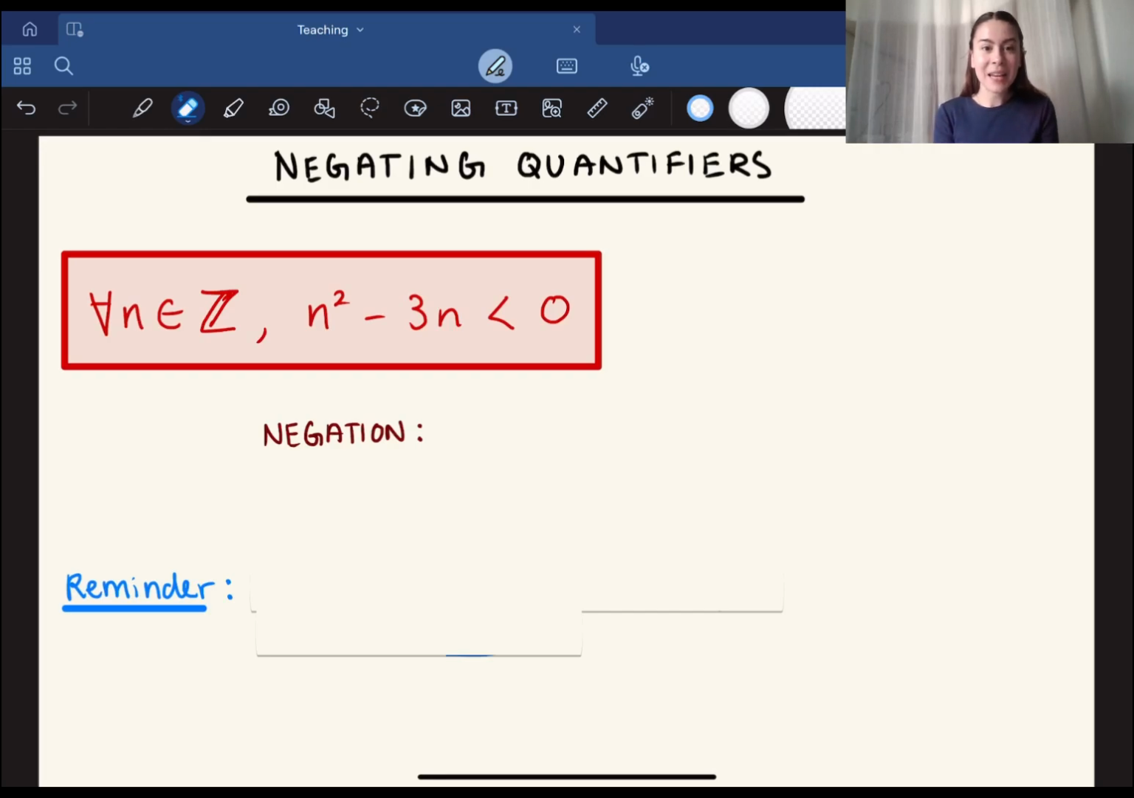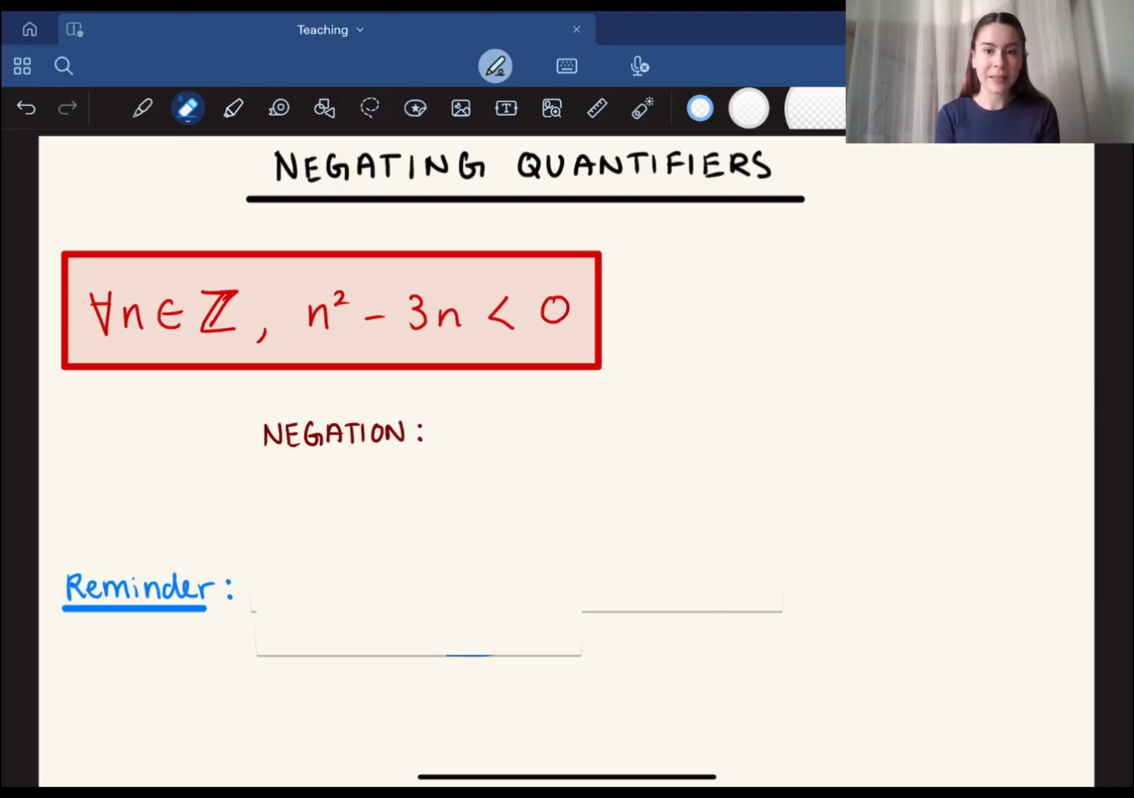Hi everyone, today we're going to be talking about a concept which is quite difficult when beginning to learn about mathematical proofs, and that is quantifiers, more specifically negating those quantifiers. This can be quite confusing, but it is essential because so many mathematical statements have quantifiers as an essential part